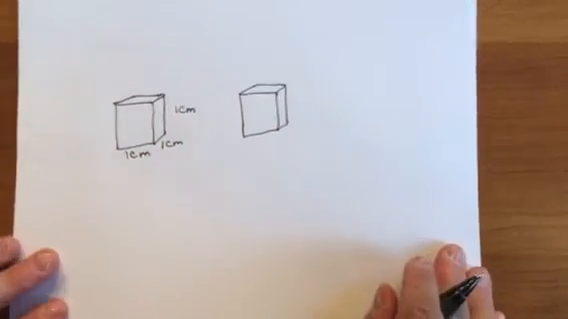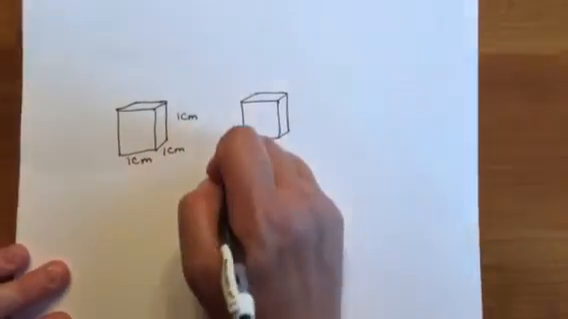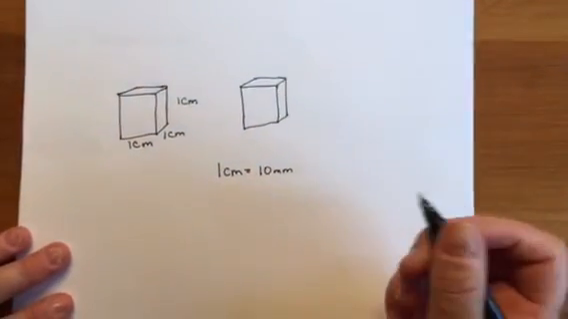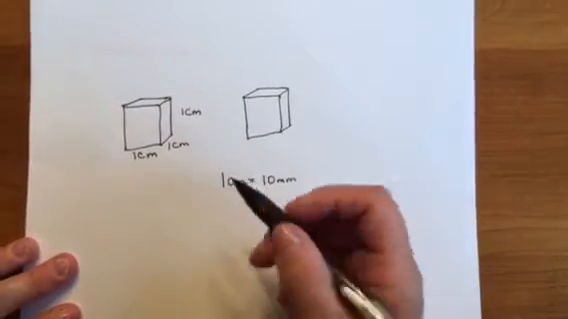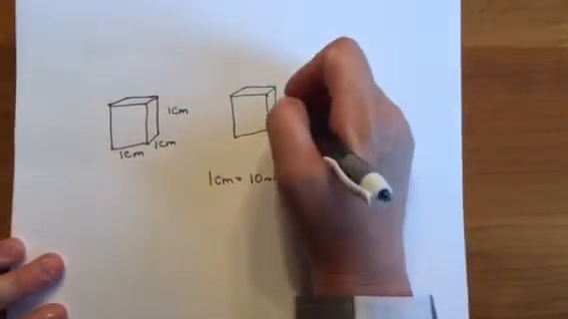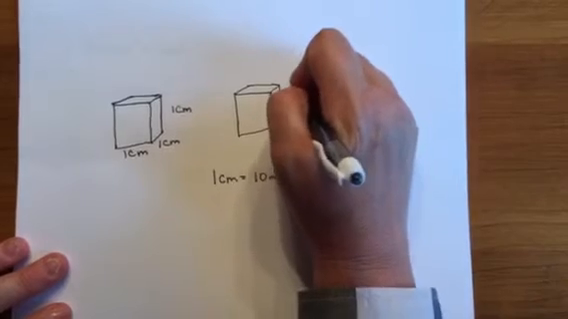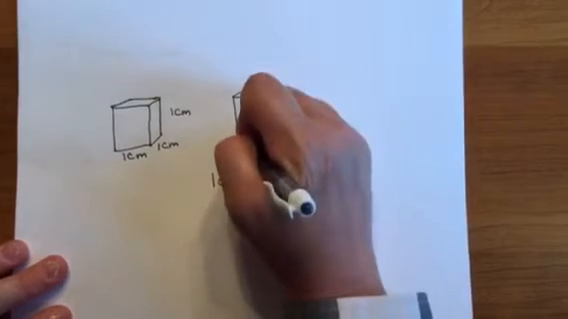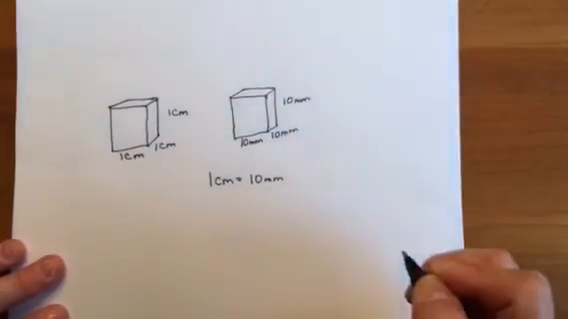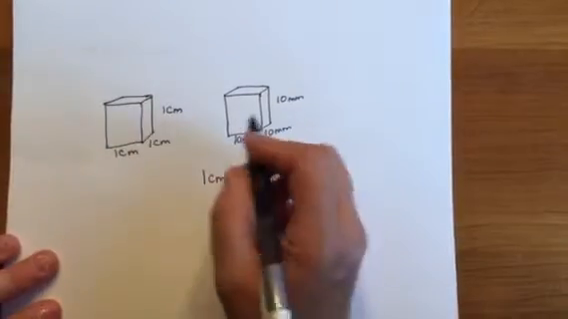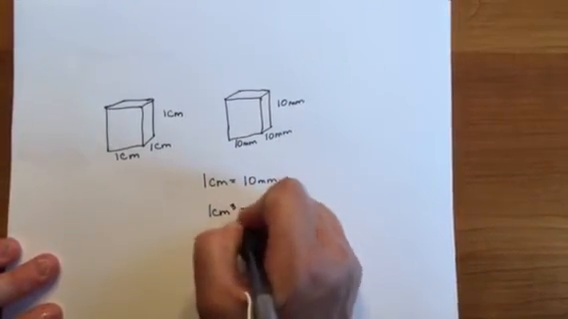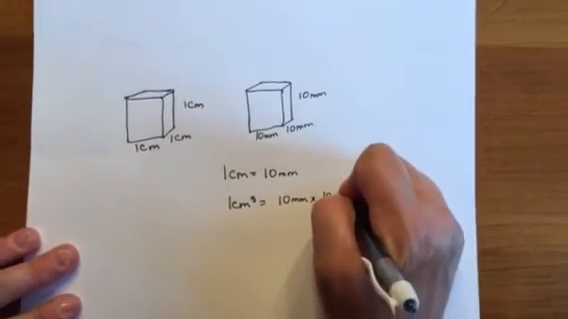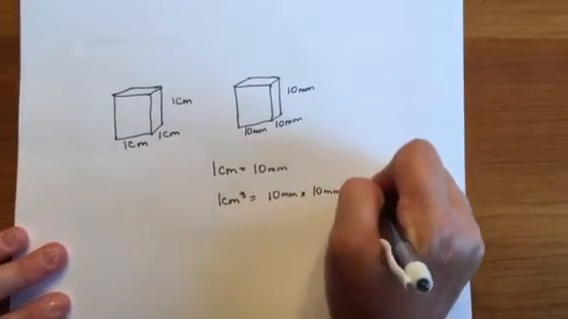What if you wanted to convert this into millimeters? Well, remember, 1 centimeter is equal to 10 millimeters. So in order to convert each side, we would convert 1 centimeter into 10 millimeters. So we'd have a 10 millimeter height, 10 millimeter width, and 10 millimeter length. So in actuality, a 1 centimeter cubed block is equivalent to 10 millimeters times 10 millimeters times 10 millimeters, which